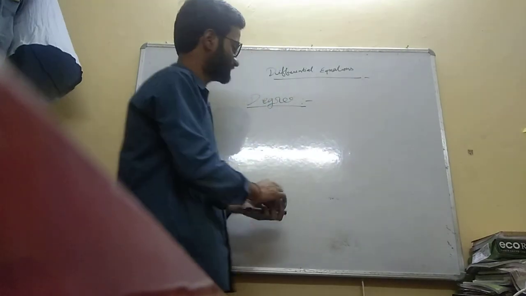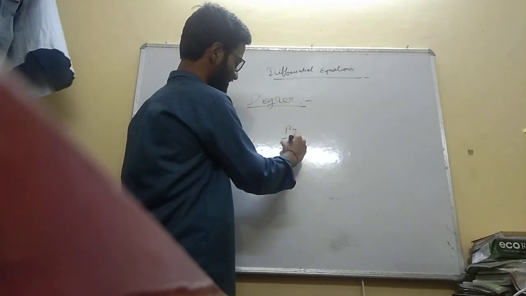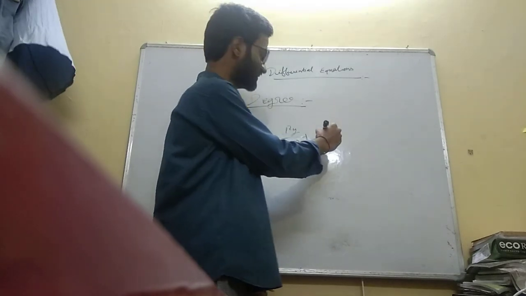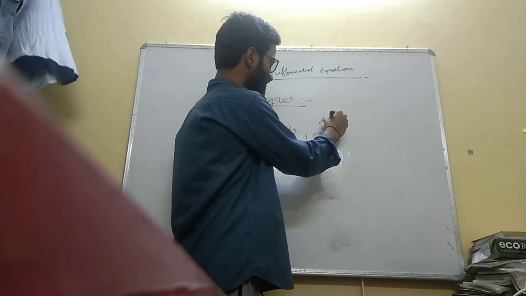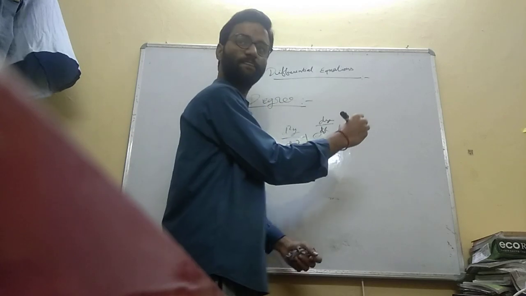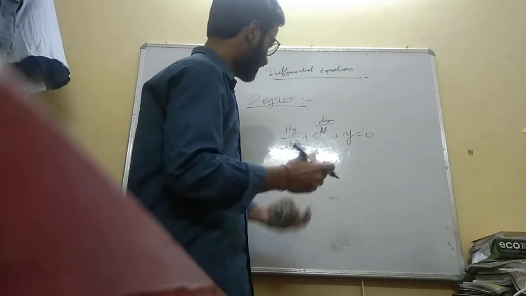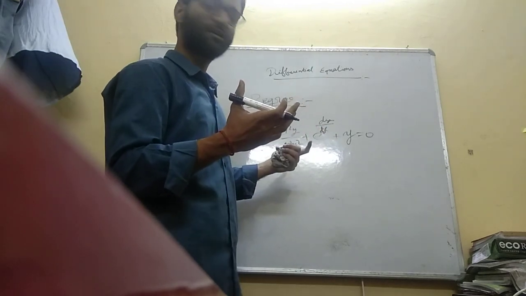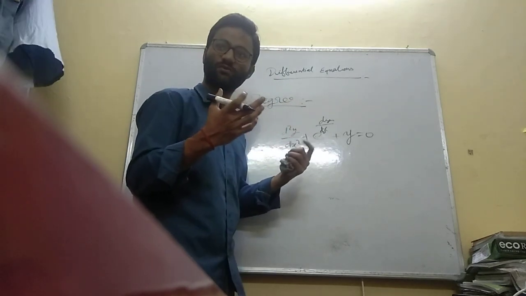d2y over dx square plus e to the power dy over dx plus y equal to 0. What is the degree of this? If you discuss the order, then the order will be 2. It's a very obvious thing. But if you want to discuss the degree of the differential equation,